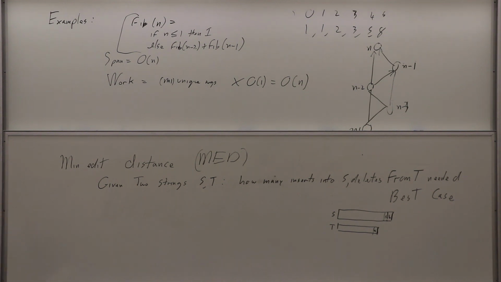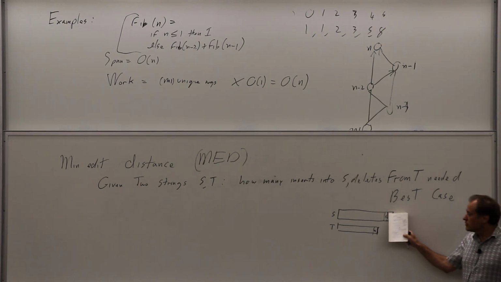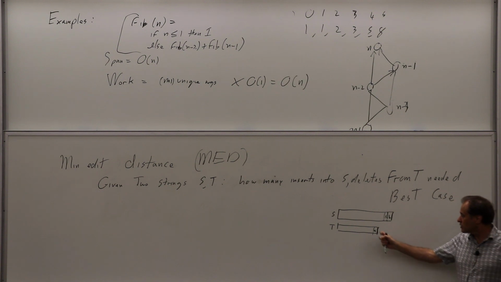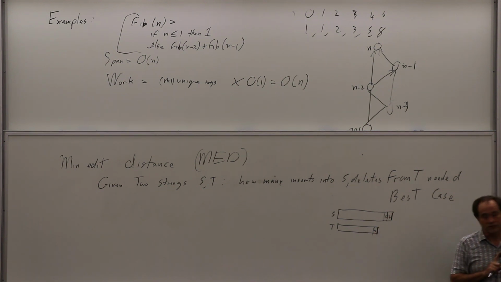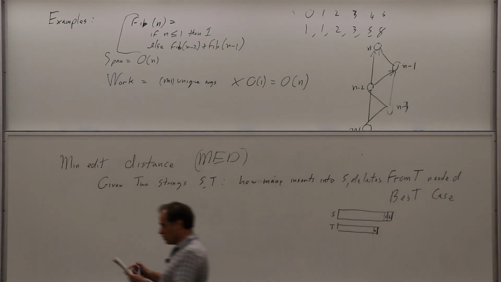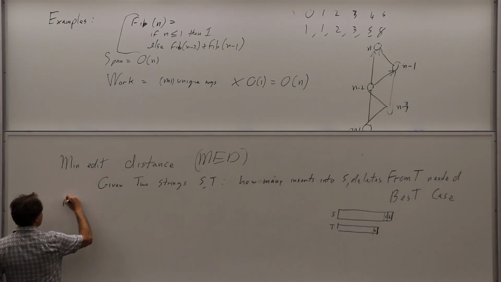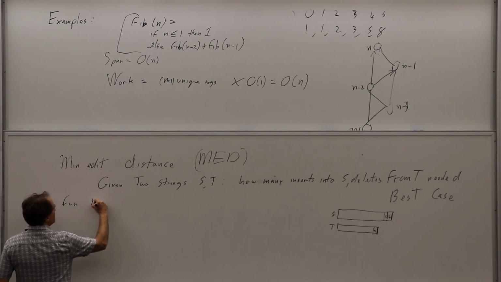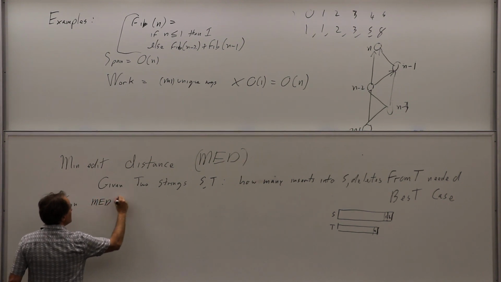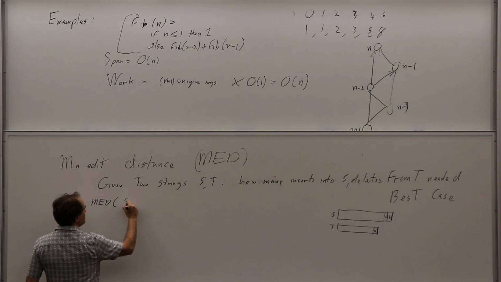So the recursive routine is basically, if the last two characters are the same, I just make a recursive call that's one short on each side. Otherwise, I make a recursive call that's one short on either one side or the other, and add a cost of 1, because the cost of either deleting the B or adding the A is 1. So I have to add a cost. And that's the whole structure of the program. So, fun MED of S and T